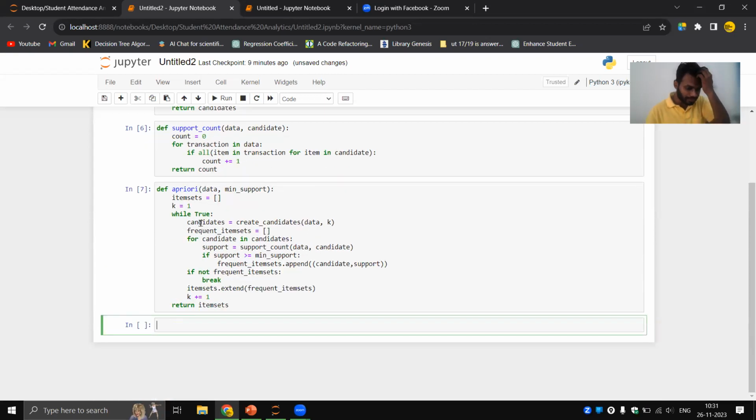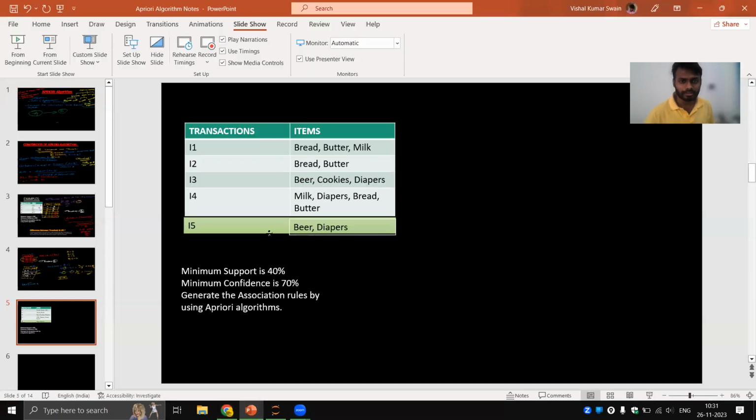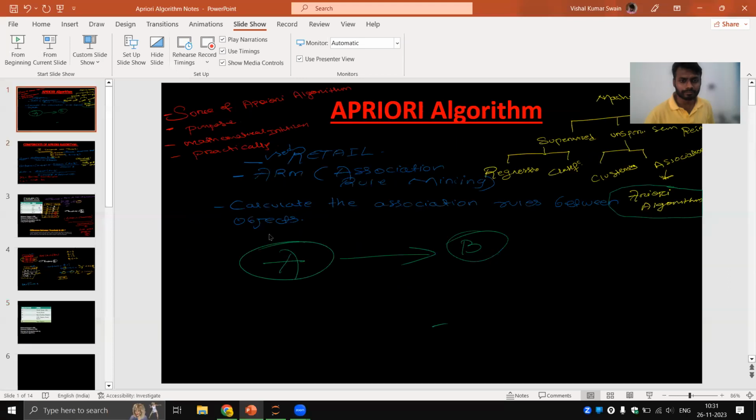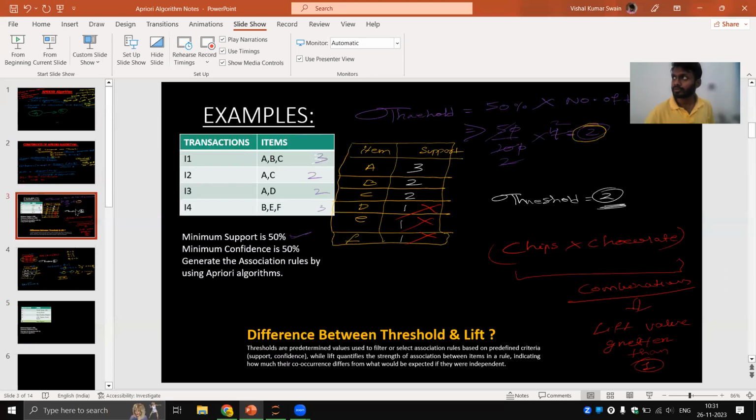Successfully executed. Now what is your data? According to our previous data, this one is the previous data set. Here we will create our own data set.